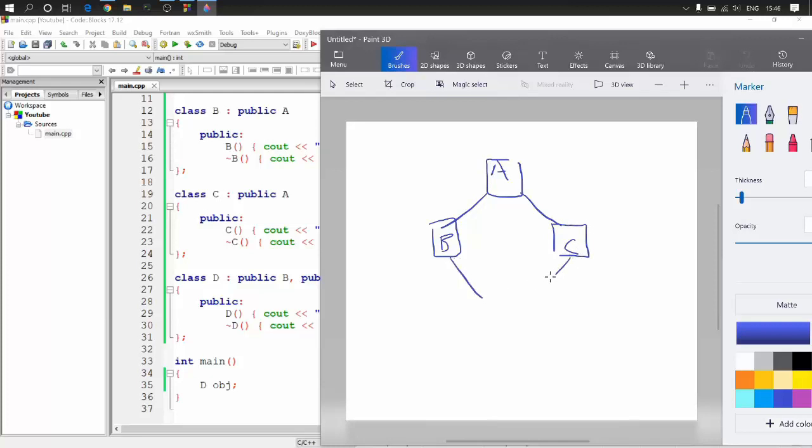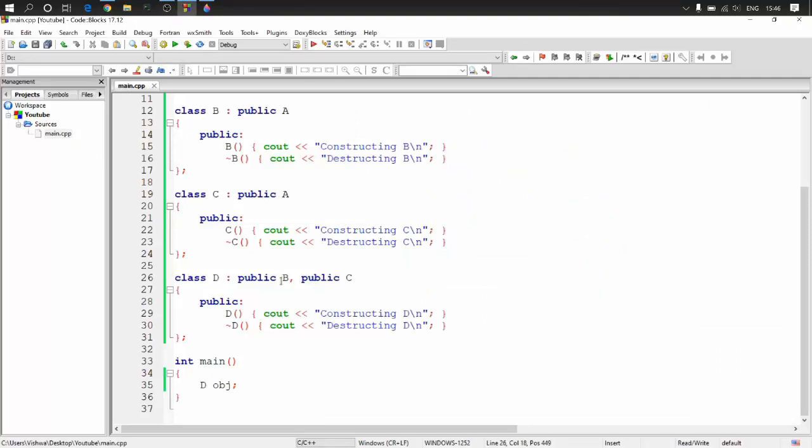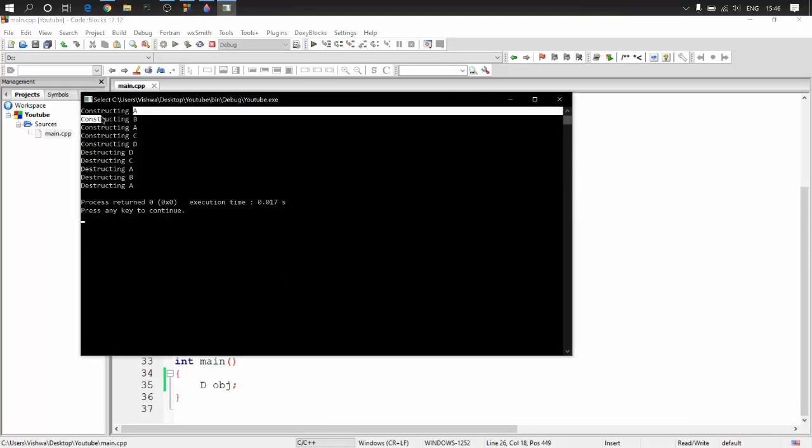And then you have the combination of these 2 classes, which is the class D. So this is D. Now if I create D in this path, or in this path, I'm again going to create A, right? As you saw in that output, we had created A 2 times. Here you can see constructing A once and constructing A the second time.